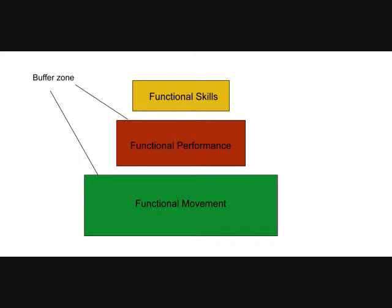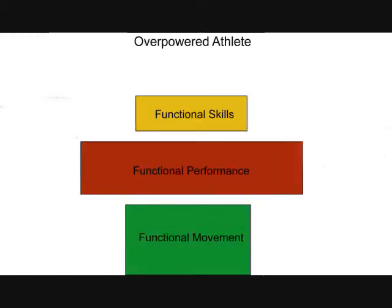Now, how can we actually use this pyramid to look at movement on a macroscopic level? Here's an example of what we call an overpowered athlete. This person demonstrates exceptional strength, speed, endurance, agility, or any combination of the quantitative attributes. This person, however, will have a higher risk of injury than somebody who has adequate functional movement skills, such as mobility and stability. So most likely, this athlete will need to lay off strength conditioning for a couple of days or weeks and focus their time and energy on developing the weaknesses first before moving on to the performance. This person might see a slight drop in their performance as they improve the baseline. But as soon as they improve the baseline, they will gradually see the performance rise beyond their previous level